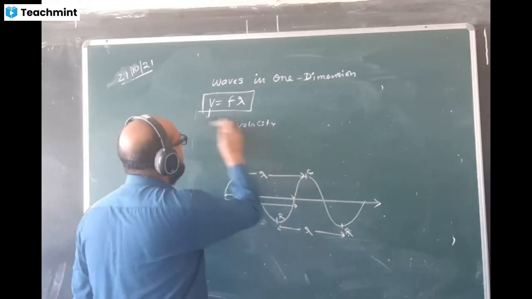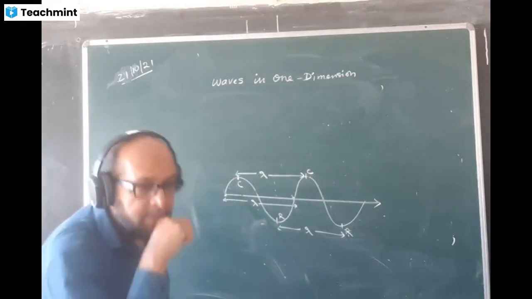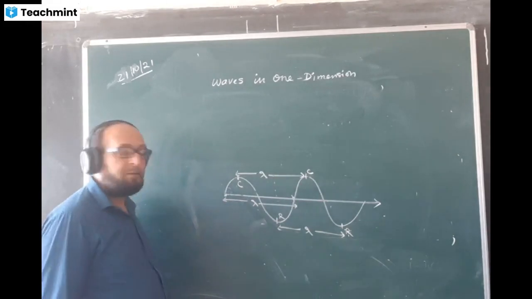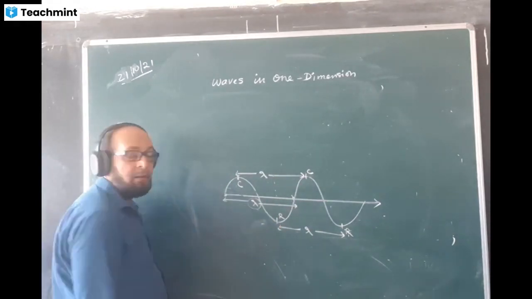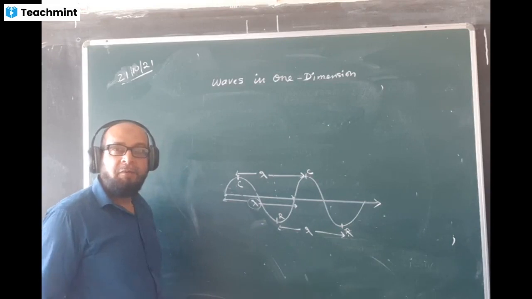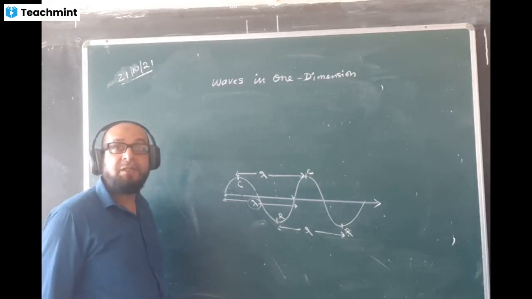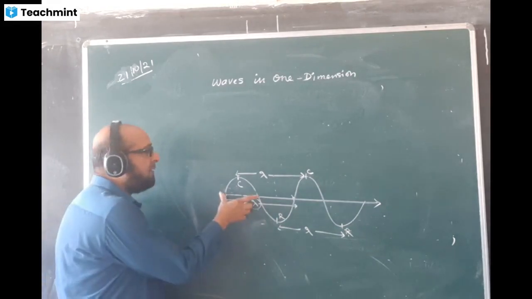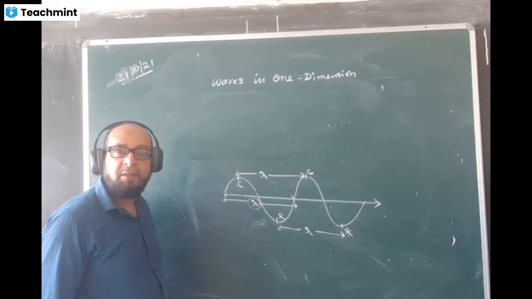Okay, now if I say one wave, what is the length of the wave? Length of the wave is lambda. How much angle does the wave make altogether? One wave, how much is the angle? I'm sure the angle will be 360 degrees. Half circle here and half circle here. The total angle becomes 360 degrees.